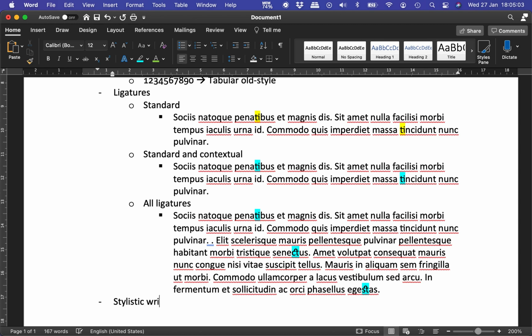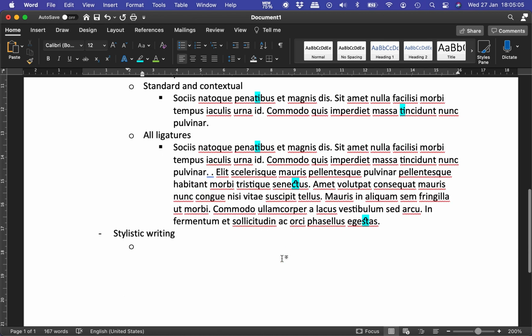For the next section we're going to talk about what is referred to as stylistic writing. Now, there are a few things that you need to know before we use the stylistic writing. The first thing is that this type of style is only used with specific fonts. It doesn't work with everything. I've tried it and it doesn't. I actually found that there's one in specific that I think is a default here in Word. In this case, we will use Gabriola